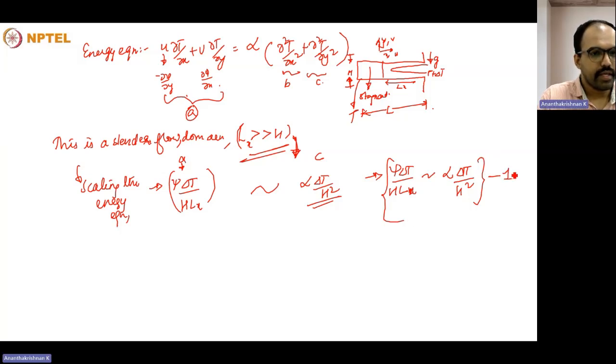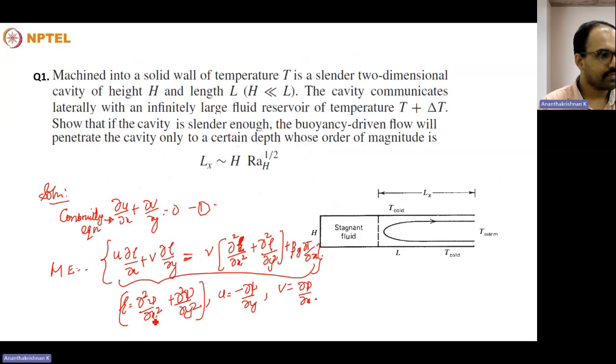So you can denote it by equation 1. So that is a scaling based on the energy equation. So now moving to the momentum equation, we can do a similar kind of scaling for the momentum as well. So this could be represented as